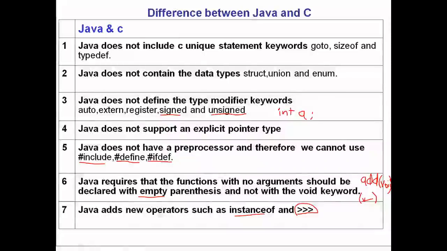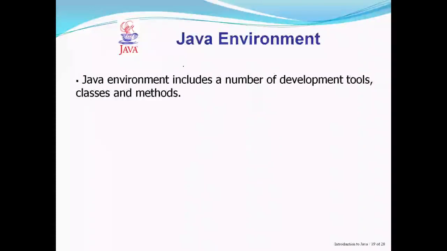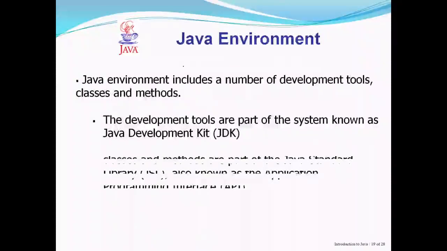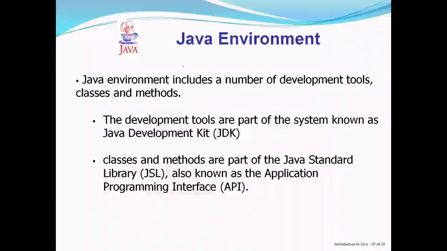So let's discuss the next topic, that is environment, Java environment. Java environment includes a large number of development tools and hundreds of classes and methods. The development tools are part of the system known as Java Development Kit, whereas classes and methods are part of